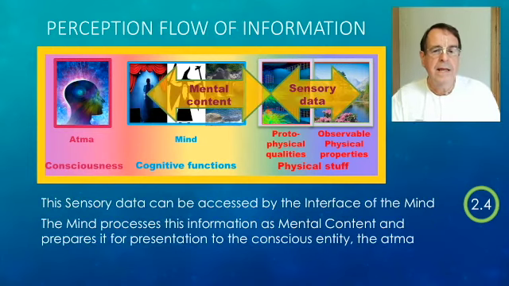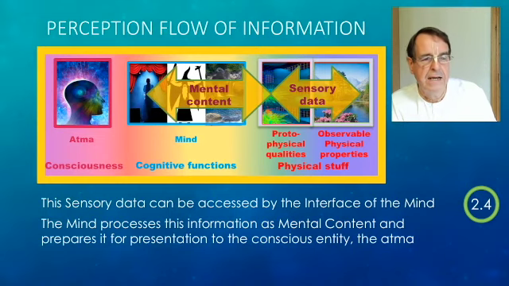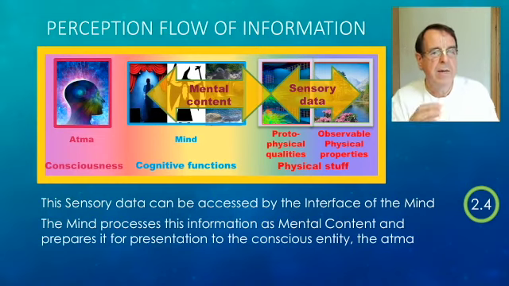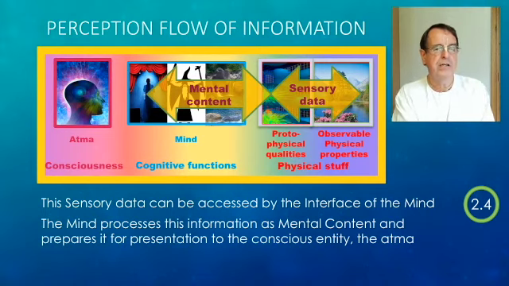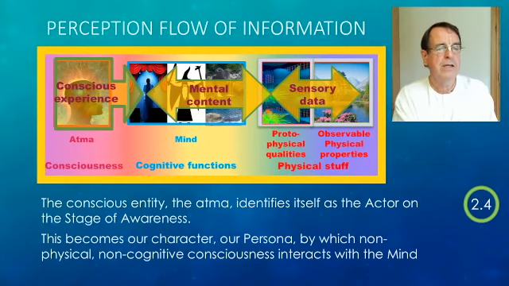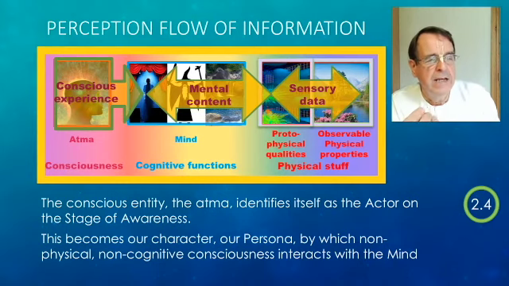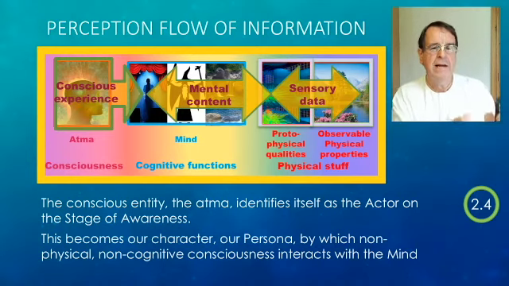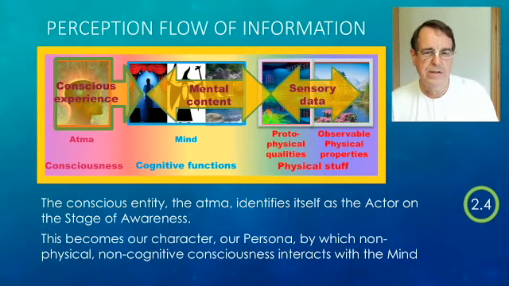Now, this sensory data can be accessed by the mind. And the mind, in combination with the rest of the cognitive functions, processes this information as mental content and prepares it for presentation to the conscious entity, the Atma. So the conscious entity, Atma, identifies itself with an aspect of the mind, and it enjoys the experience of qualia and this world. Now, again, complicated picture. It's not crucial for today's talk. Please explore that in part 2. But we gave some